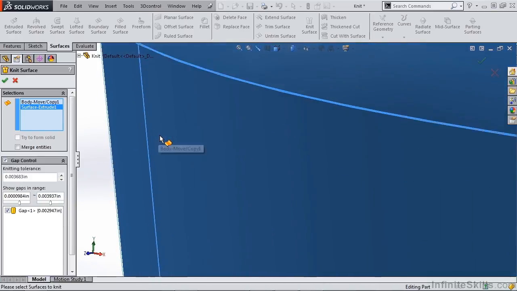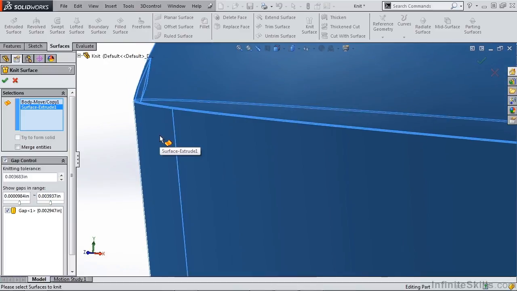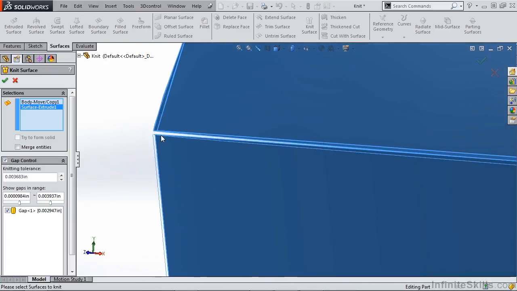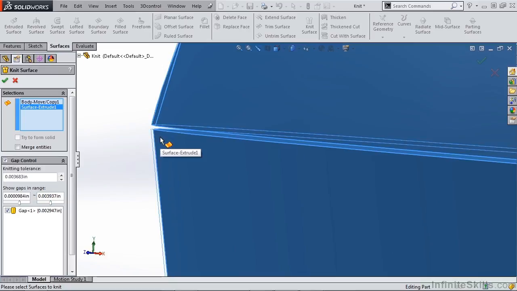you. It's important to note that if you're trying to control things like tangency between surfaces, this gap control is not going to create a tangent relation or any sort of relation between the two. It's going to be the shortest distance possible. So if you need extreme control over your surfaces, especially at the edges for things like molded parts that need to be cosmetic, you need to make sure that you go back and reevaluate why those gaps are there and